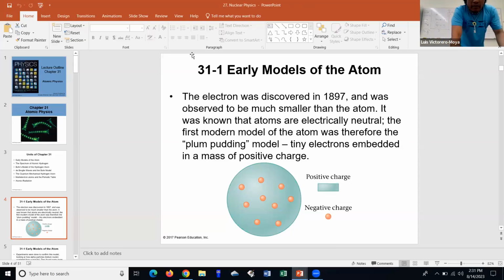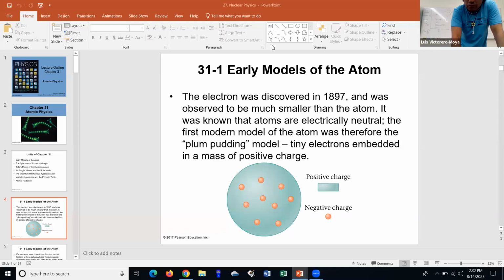So you maybe remember this from earlier in the semester when I talked about the electrons, the protons, and the models of the atom. All right. Remember that the electron was discovered basically at the end of the 19th century. It was a negative charge. This actually shows why we thought current was due to positive charges. And what you're seeing there is a plum pudding model. So it was believed that the atom,